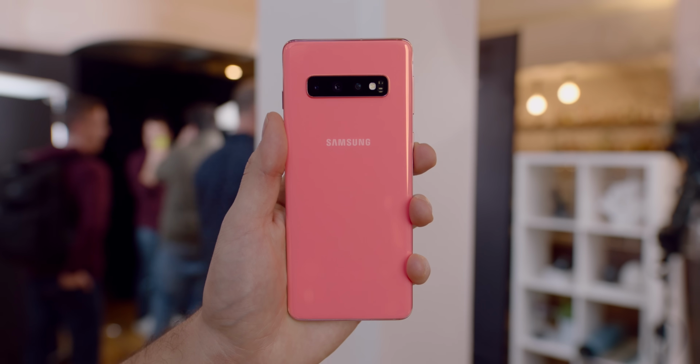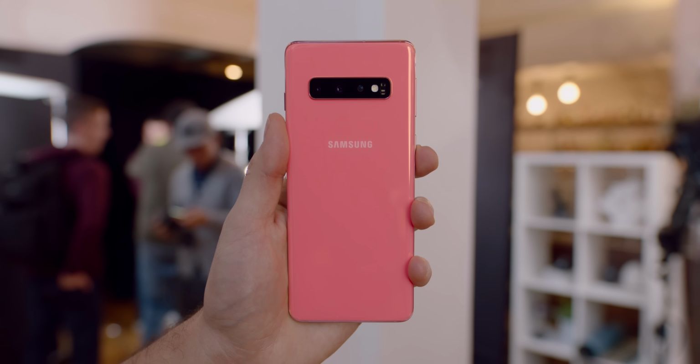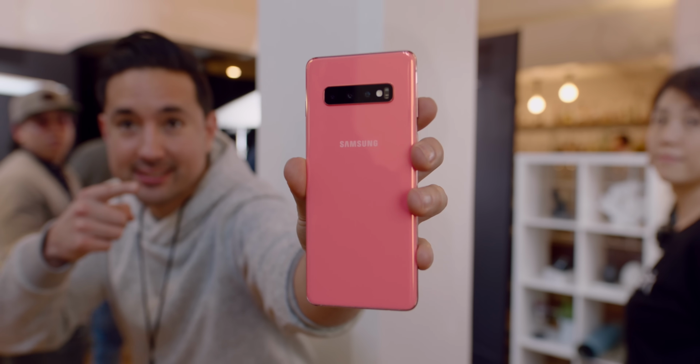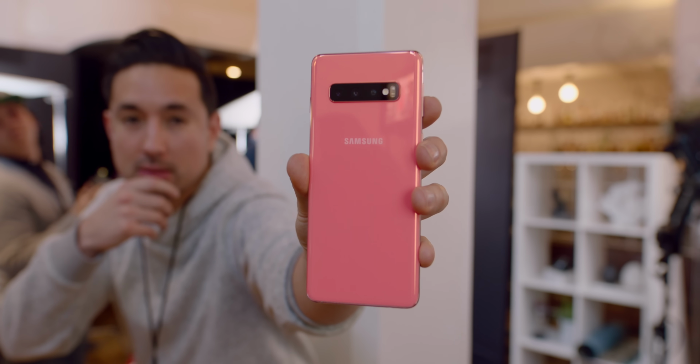Now the lineup as a whole I think can be a little confusing. Not only are there 4 Galaxy S10s, there are a ton of variants. The good news is the base storage on these comes at 128 gigabytes. You can max this out all the way up to 1 terabyte and then expand that an additional 512 with a micro SD card, which is crazy. Beyond that, there's a special ceramic edition. They come in a ton of pretty colors, which my favorite has gotta be coral. Those details will differ depending on your location, so I'll drop those specifics down below,